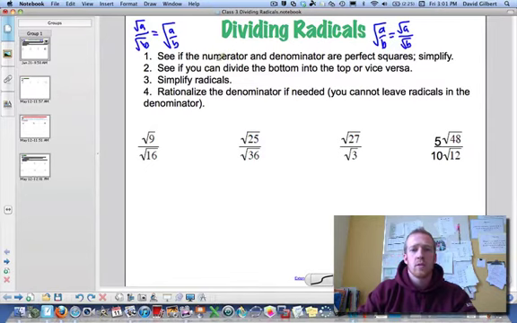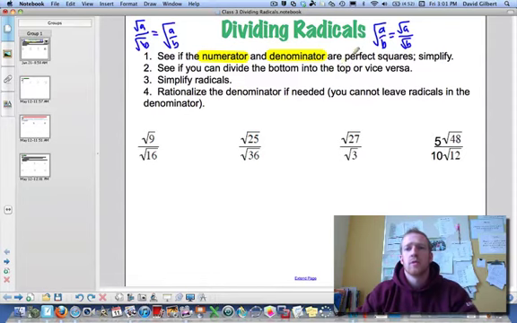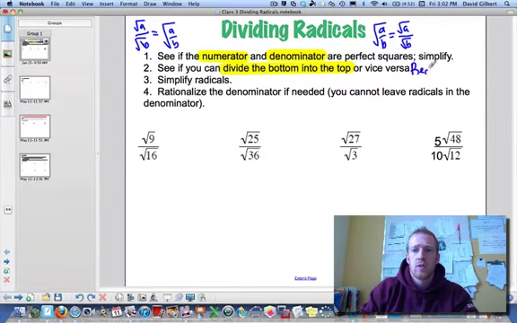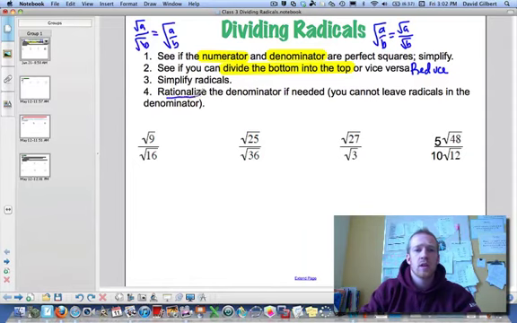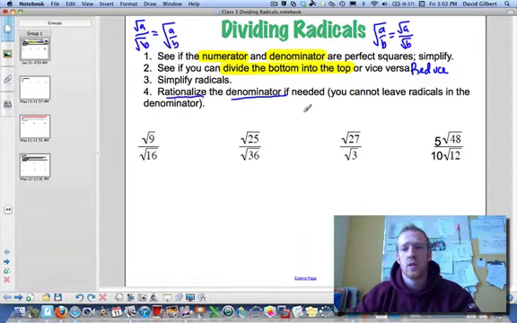Now, first, one thing you want to do is see if the numerator and denominator are perfect squares. If the numerator and/or the denominator are perfect squares, we'll simplify those right away. Then you want to see if you can divide the bottom into the top, or vice versa. Basically, you want to try and reduce the fraction. If you can reduce before you even start simplifying, that's the thing to do. Simplify any radicals that are easily simplified, and then you have to rationalize the denominator, which is a new thing,